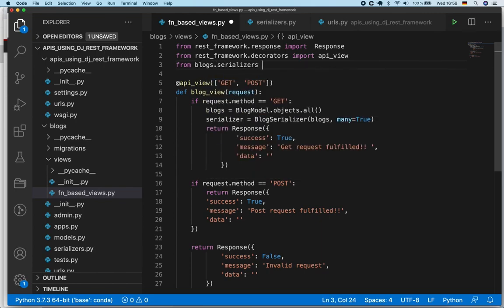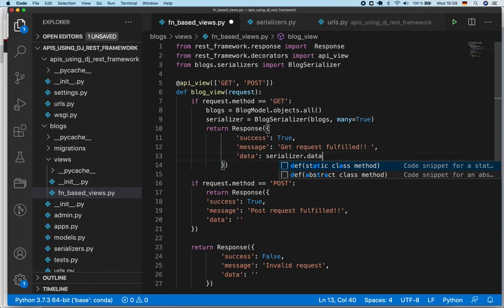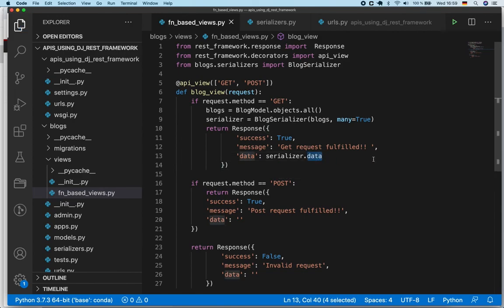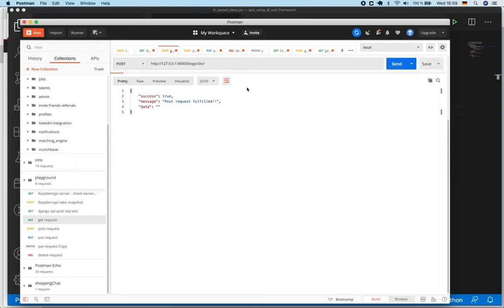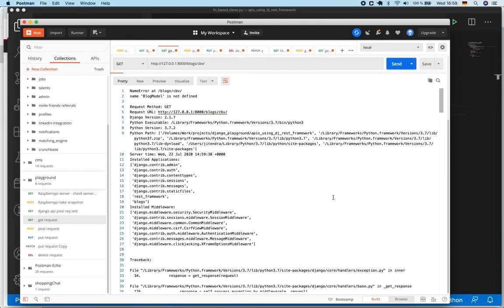From blocks.serializers import block serializer. So now we can say serializer.data, so it will return JSON data once if we have something in a database. Let's see if it works or not. So class-based view, this is post request, make a GET request,